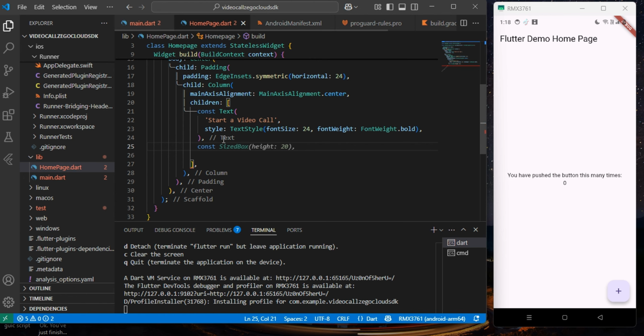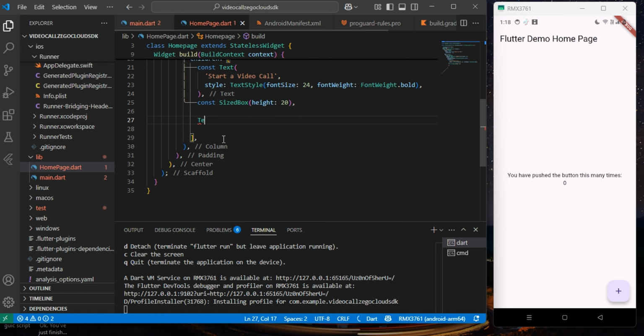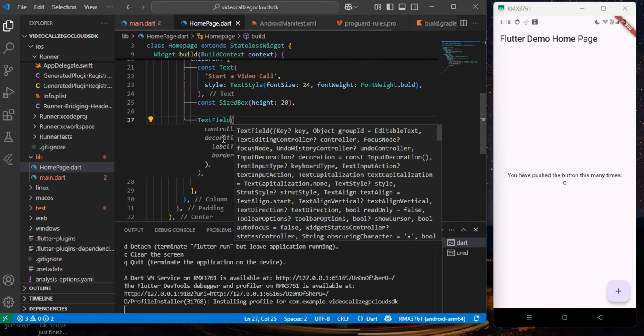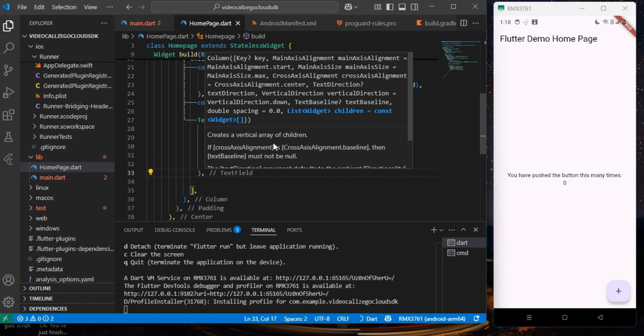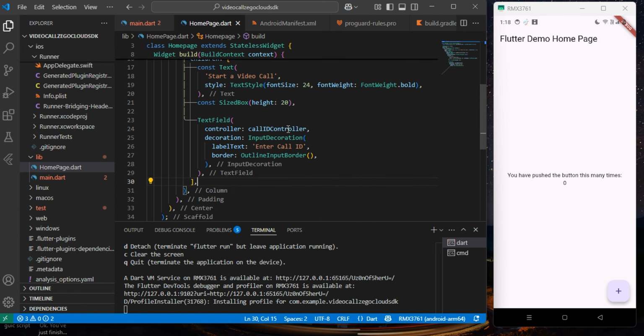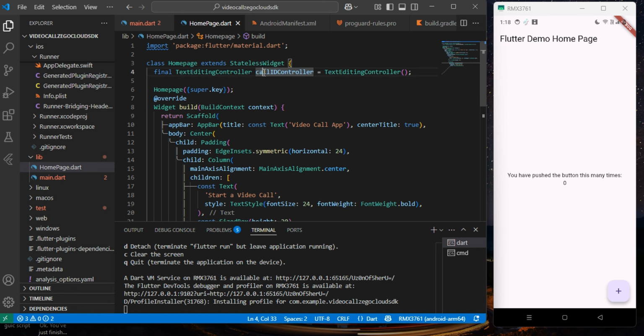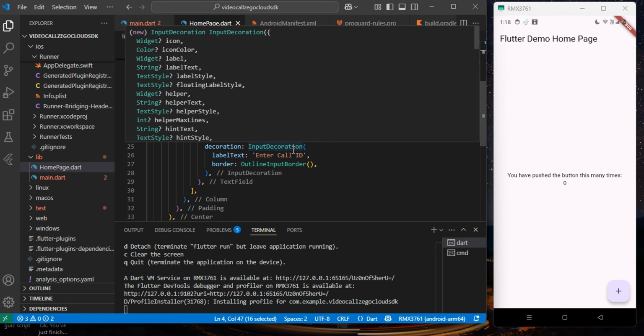After it we create a size box of height 20 and then we create a text field. Inside the text field in controller we give the call controller